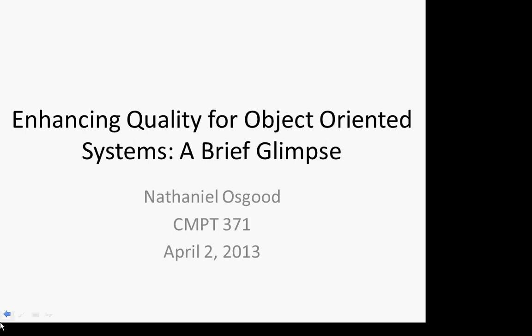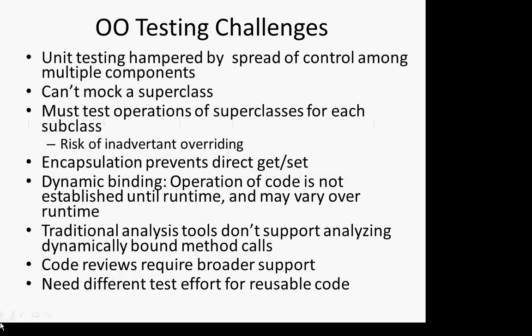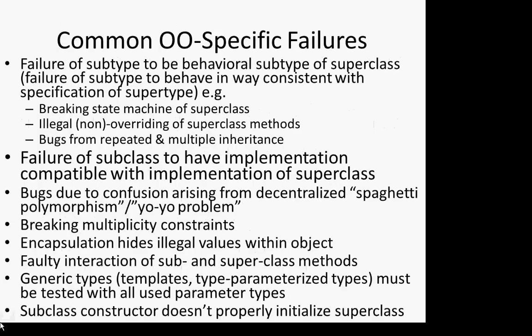But how about other vulnerabilities? So fraudulent subtypes is one of them. Another, I would argue, would be subclassing issues, and there's going to be a whole set of those. Another set of issues have to do with encapsulation, issues having to do with problems with the fact that this is more of a challenge to testing, but